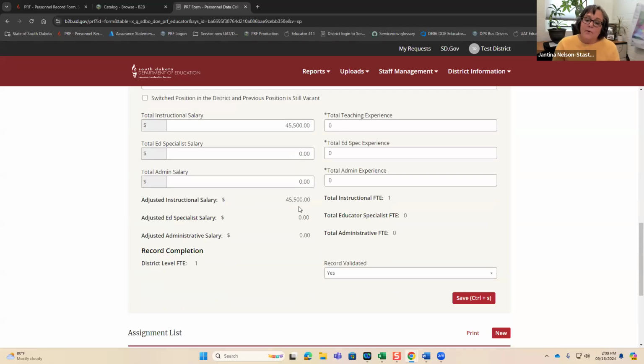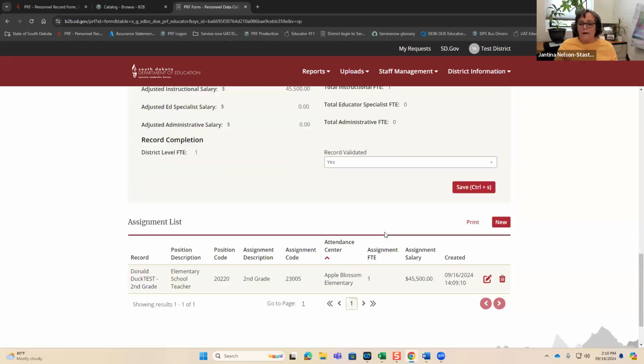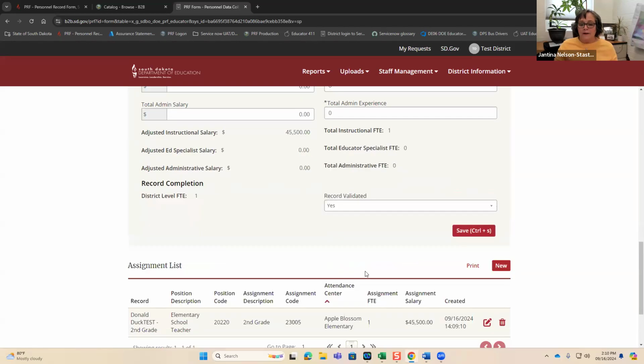But if this were a part-time position, it would convert the figure to what a full-time person would be making. And we think that visually that will help for reasonableness when you double check these records. So these are calculated fields based on what you list for salary and for FTE down here.